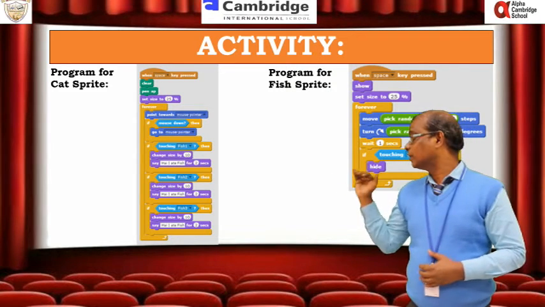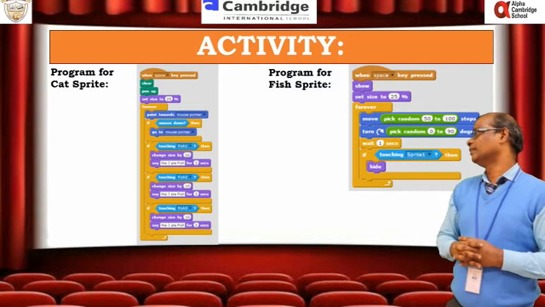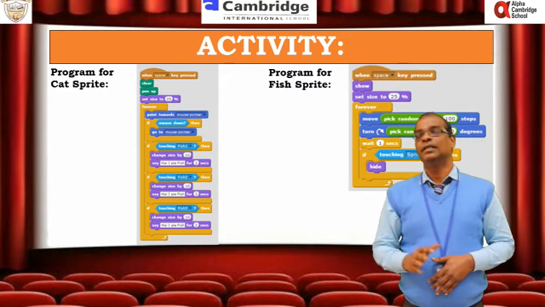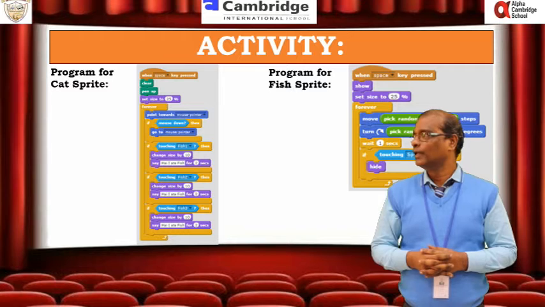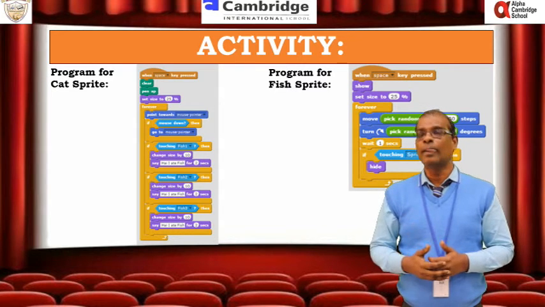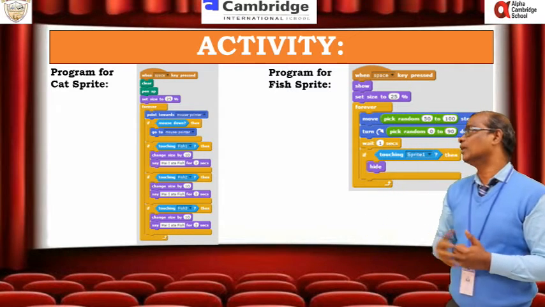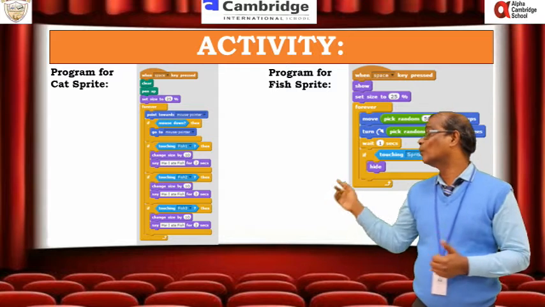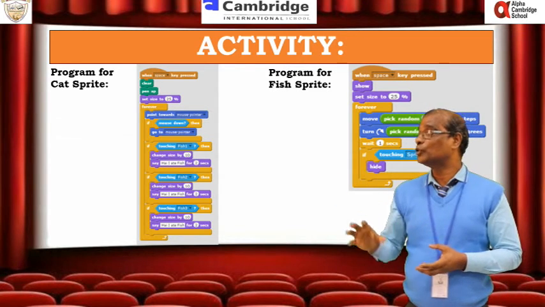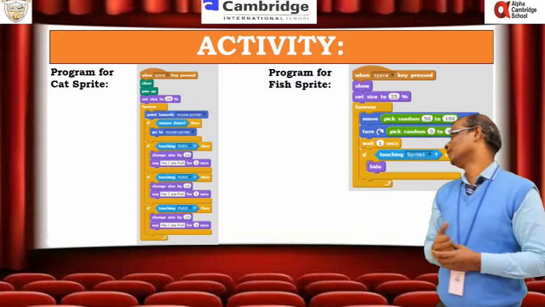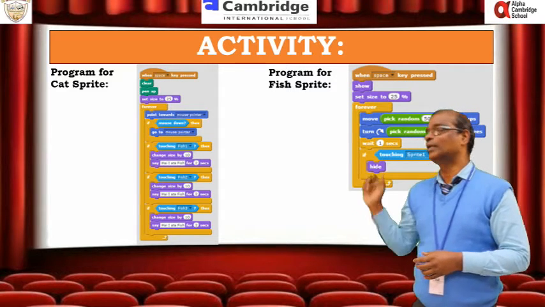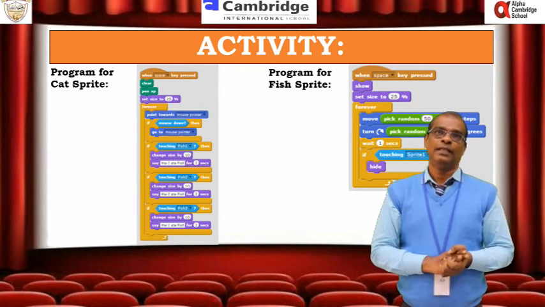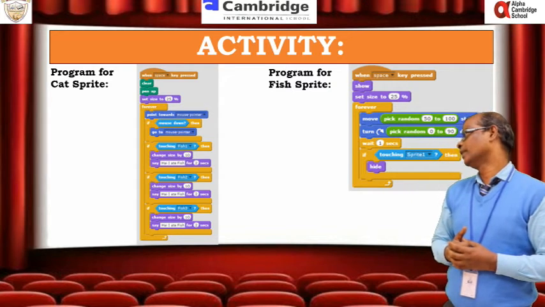Good. Next one is wait for 1 second. It pauses for 1 second. Then only we can see something is going on. Everything will be executed, but we want to see what is going to happen. So that is why wait 1 second is there. It will be very useful to see how it turns, how it moves. That is why we are using wait 1 second. It pauses the program.